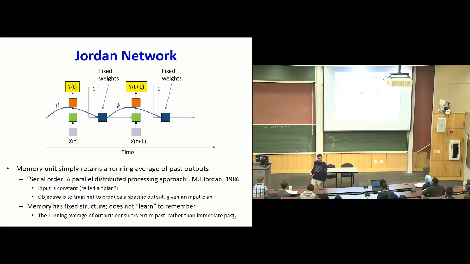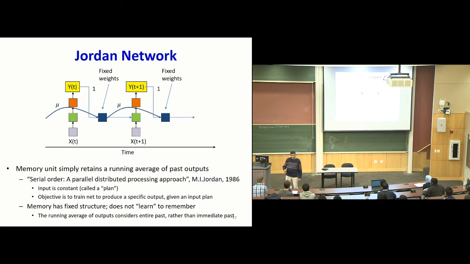So the memory at any time was mu times the memory at the previous time plus the current output. And this memory influenced the hidden state at the next time. Because this memory is not really a learning process, how the memory is computed is not a learned process, there is no information being fed back. So when you're actually trying to train the model, if you are doing any kind of backprop, it's going to stop right here. There's nothing going further back here, right?